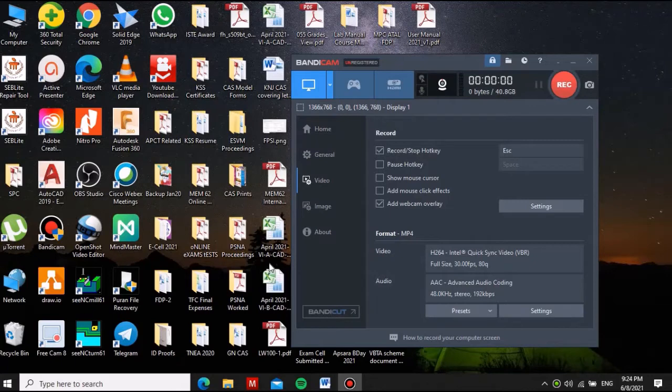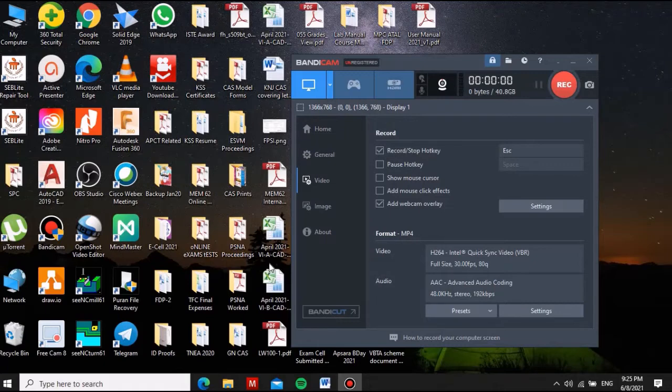Whereas this Bandicam software is used to create videos of your software class demonstration and other simulation softwares. For that kind of video creation, practical classes video creation, you can use the Bandicam software.